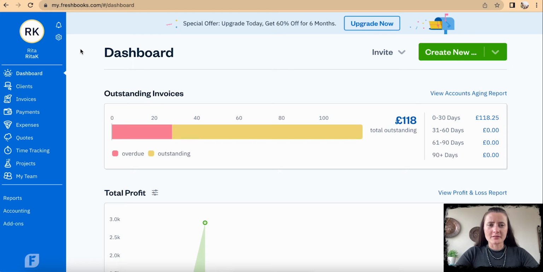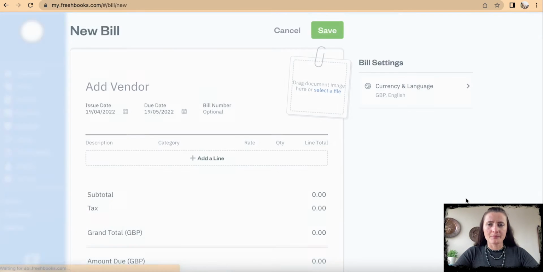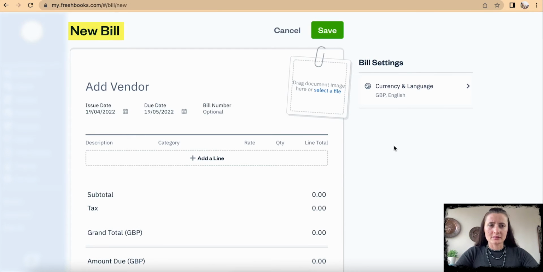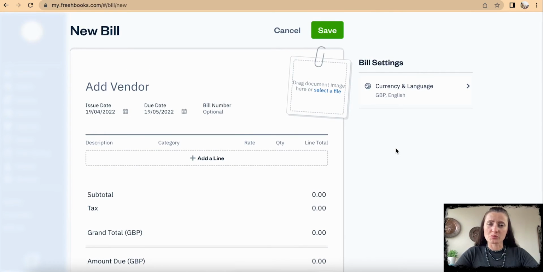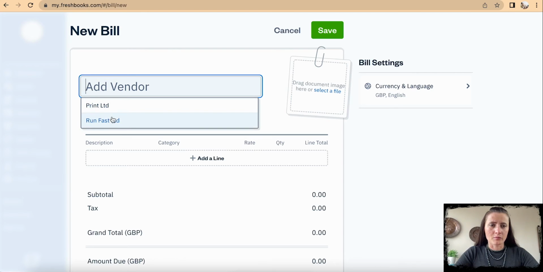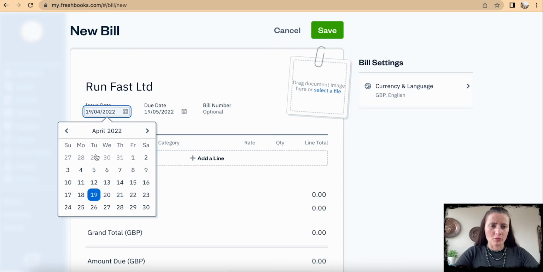So how can we add a supplier invoice on FreshBooks? From the drop-down box there is a bill category, and this is where we can pre-fill details based on the invoice you have received from the supplier. For example, from Run Fast Limited, I received an invoice on, let's say, 13th,